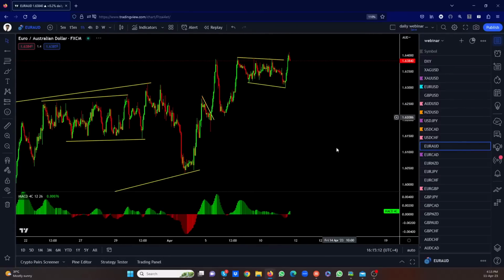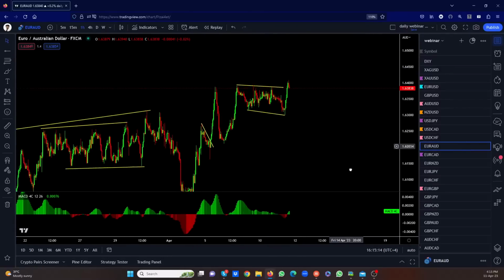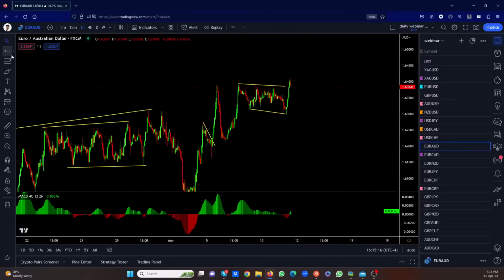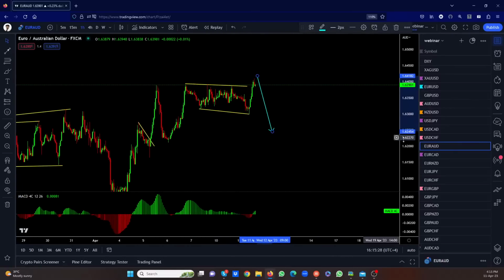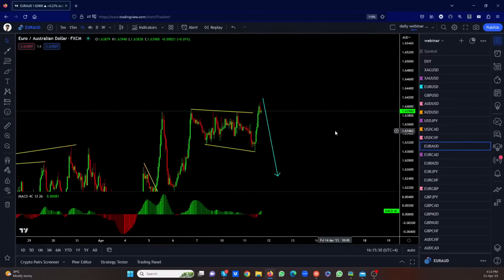So this morning I told you, if we get a flag, we'll buy it. We didn't get any flag, it broke the top. If it starts to come back down, we'll take a flag and we'll sell it. We're coming down for this move. All of this we forecast this morning, right? So if this starts to come down, we're coming down for this move and then the upside. The sell would be a good idea if we get it. We don't have anything right now. It's just moving, and if it's moving, you can't get into it.